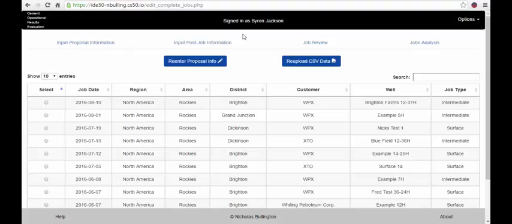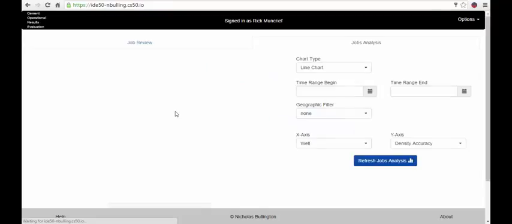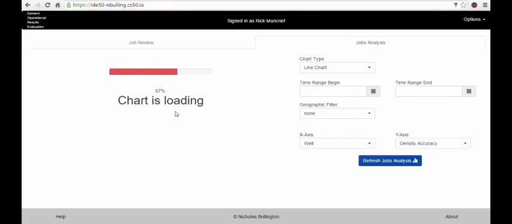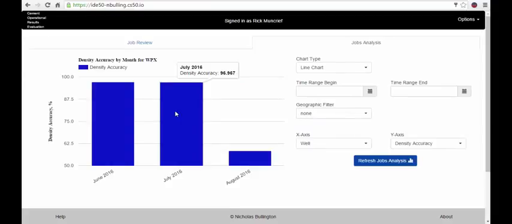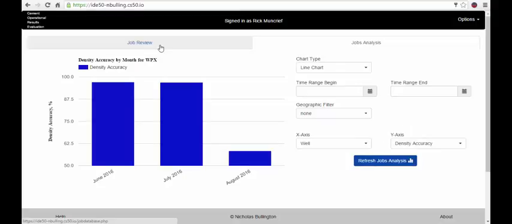Also, you can log on as a customer, and the customer will then have the ability to review information for the jobs that are performed for them. So in this case, we logged on as WPX, and you can review density accuracy by month for WPX. You can also filter for an area, or you can filter for a month, supervisor, pump operator. In addition, if there's anything that you don't want the customer to be able to break down information by, say you don't want them to see each particular supervisor and how they're performing, then you can edit so that they can't